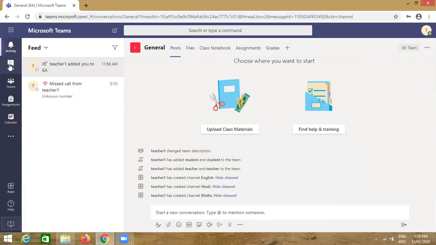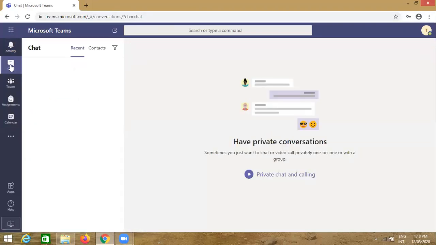So this is the chat window. If any chatting has taken place, that is shown here. So now click on Teams.